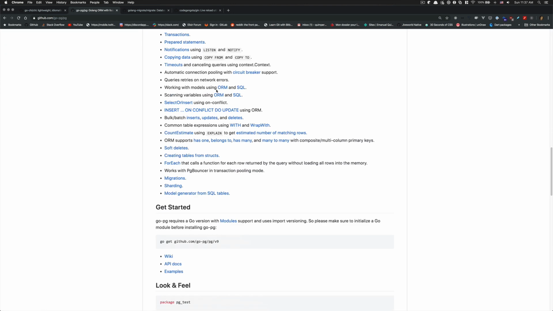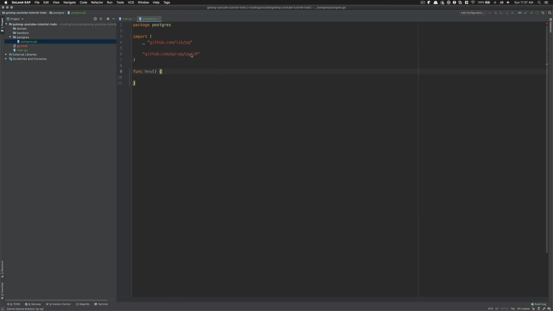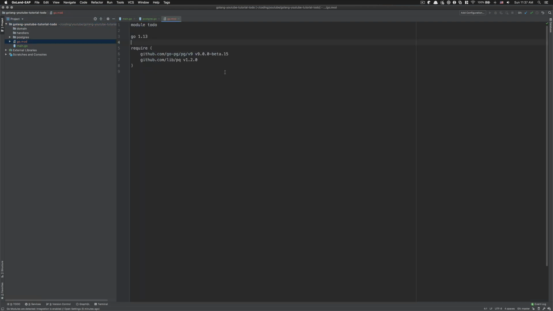So the way you can install that inside your project is by running go get github.com/go-pg/pg/v9. But for me, what I can just do is sync the package of to-do. And now you see they're gonna be added in my go.mod. So like I told you, it's kind of like your package.json. So here now my module todo requires this GoPG with the version v9 beta 15, and it also needs